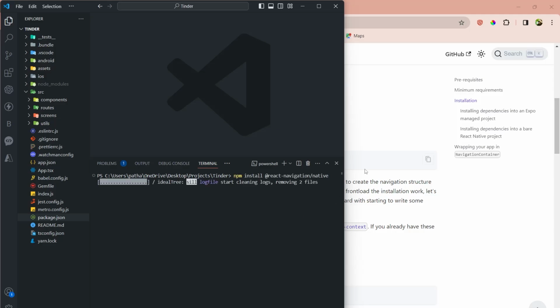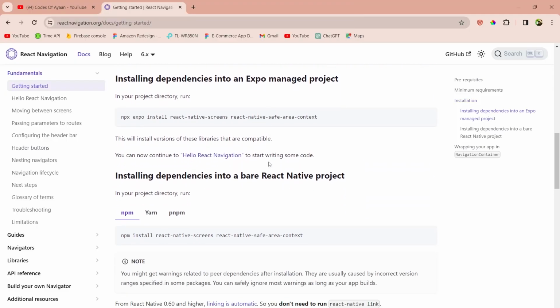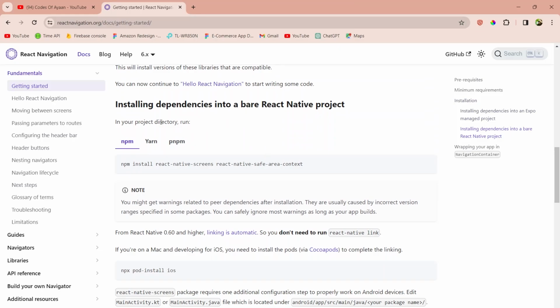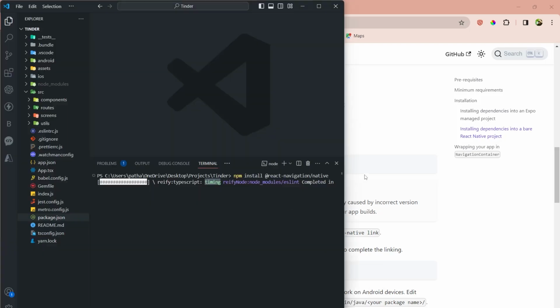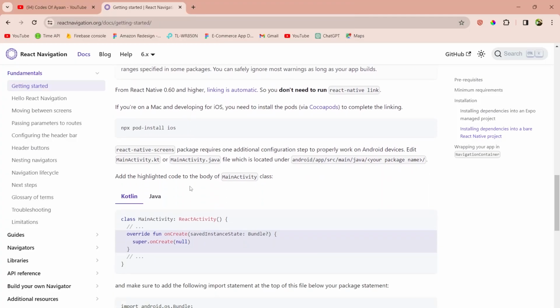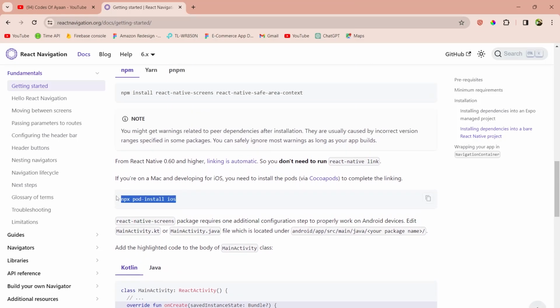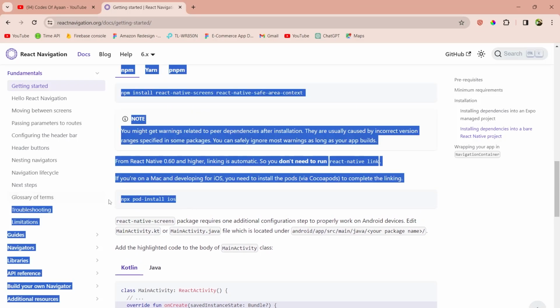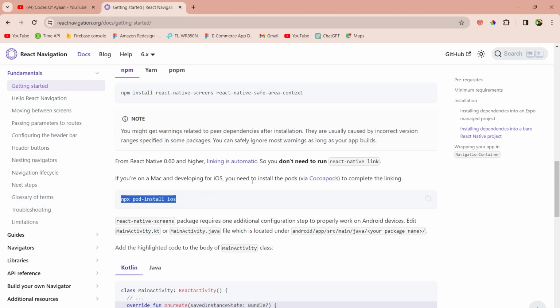install. So in the meantime, scroll down again. We have to install this line, React Native screens and safe area context basically. Simply copy that line, and once this gets installed, paste it the same way here, enter, and same way come down. And if you are using Mac, you need to run this command, otherwise it won't work on Mac. But right now I'm using Windows, so no need to install this thing. Okay,